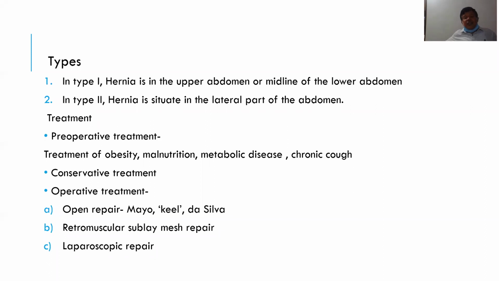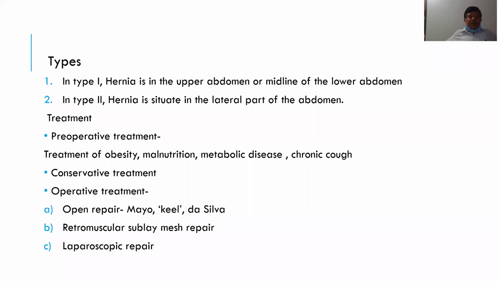Next, some conservative treatment we can give in a case of small hernia or in the earlier stage. Among that, use of a belt or abdominal binders, and improvement of nutrition. Avoid lifting heavy weight or strenuous exercise. Those things should be a part of our treatment. But operative treatments of incisional hernia are different.